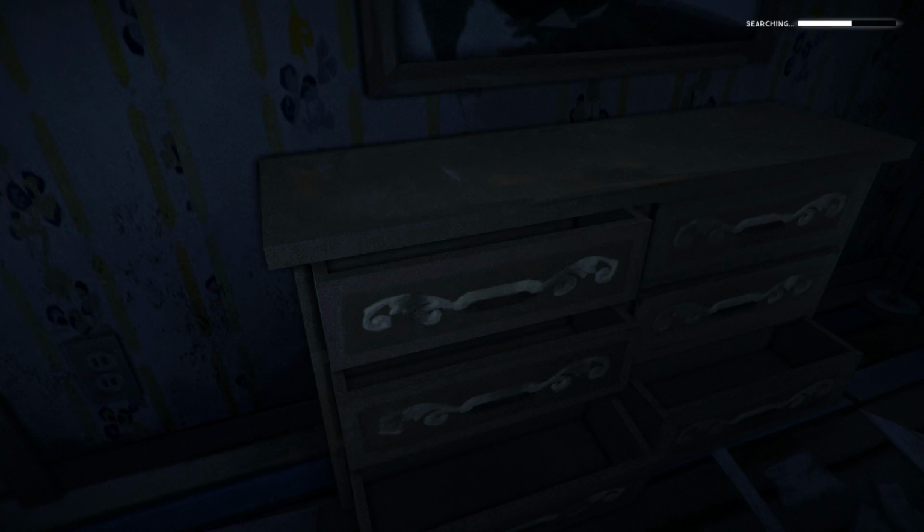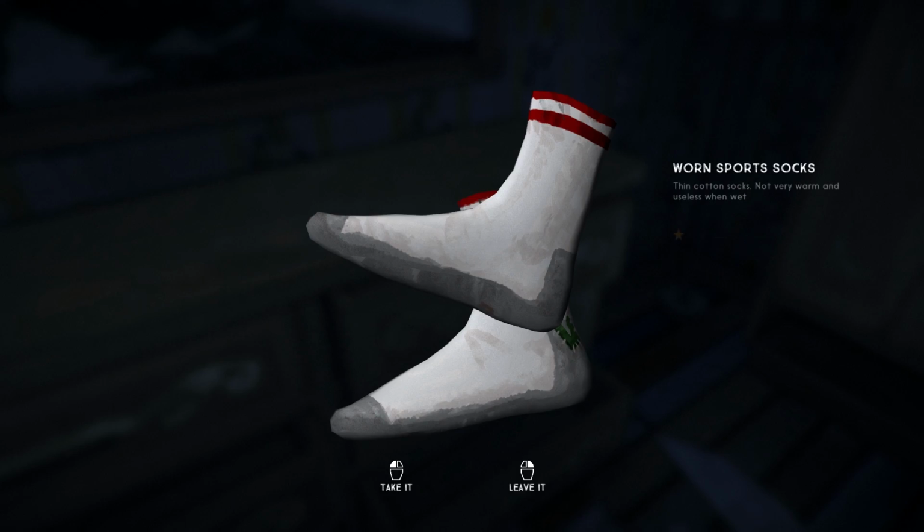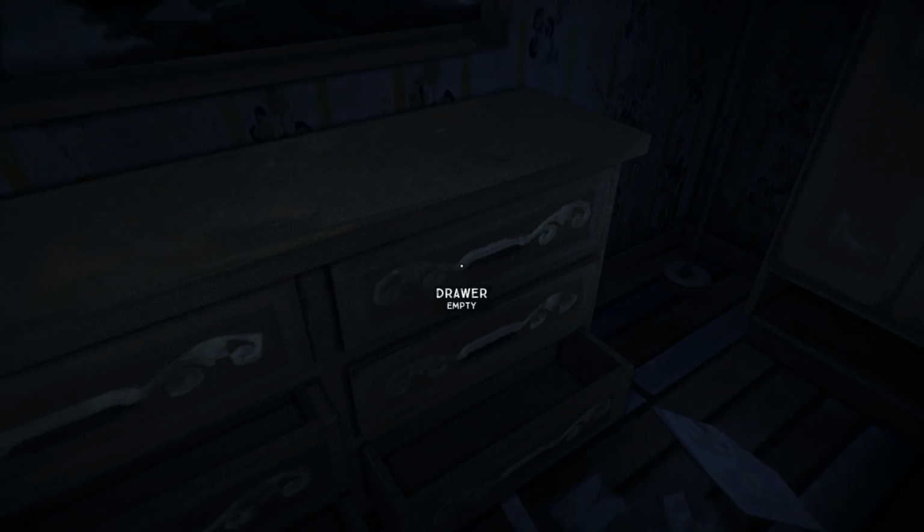Ooh, cool. Brand new baseball cap. Nice. I love baseball caps. But the real question is, what kind of build does it have? Sports socks. Thin cotton socks, not very warm and useless when wet. Yeah, those are mostly just to keep the calluses off your feet from...